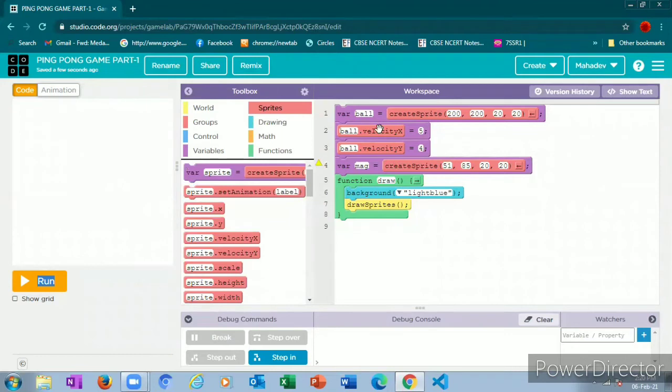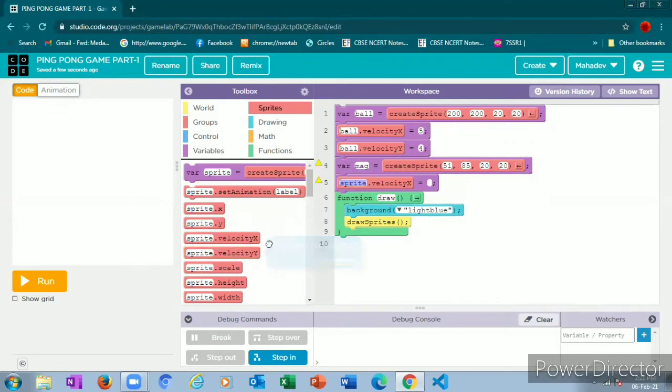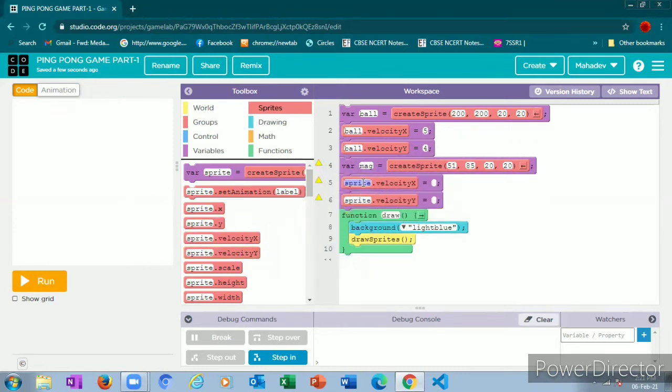Now this ball we are moving, but we must also move this mag. For that, you need to do the same thing. We're dragging and dropping the velocity x and also the velocity y. What name is here? Mag, right? You must give mag here. And for velocity x, anything, like 6. Velocity y, you can also give anything. I'll give 7. And here you must rename it to what you gave in the variable section. The name you must give.